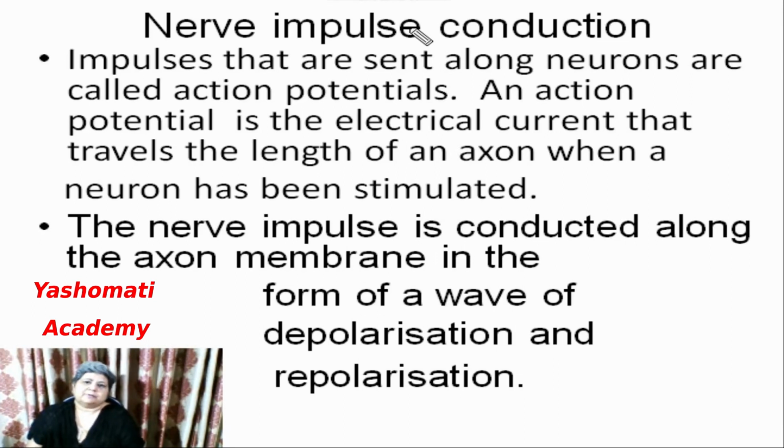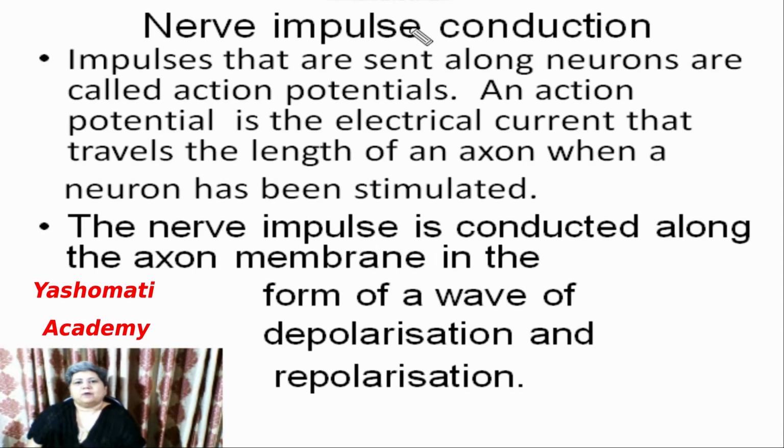From there, the information goes to the central nervous system, which consists of brain and spinal cord. And how does the information go there? That is through the nerves. In the brain or spinal cord, these stimuli are interpreted, and then the response is formed. Now the response has to be sent to the effector organ, which may be a gland, a muscle, or some other organ, where the action is to be shown according to the information received from the sensory organ, right?